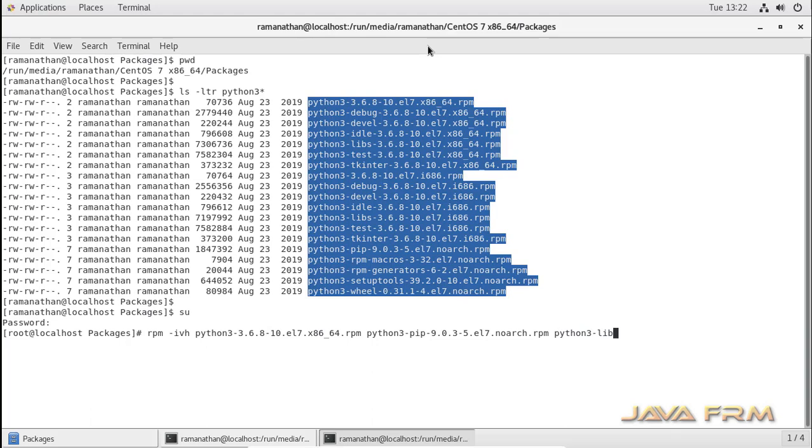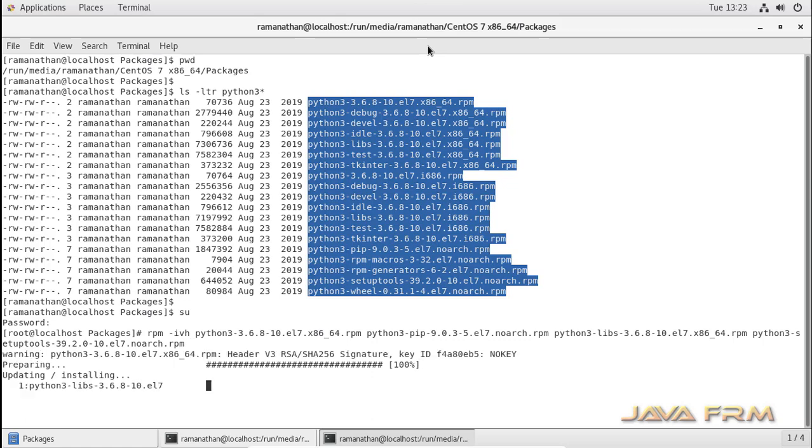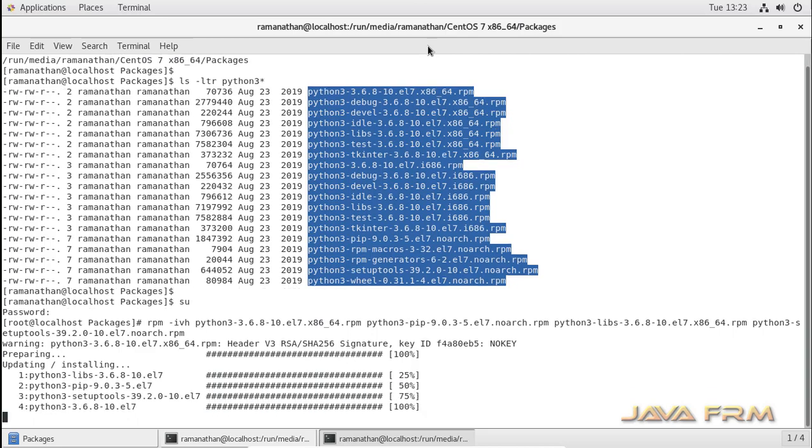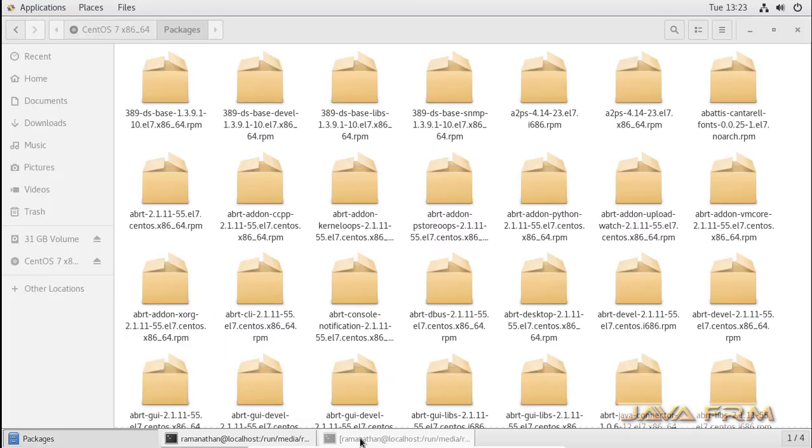So note down the RPMs. Yes, so around 4 Python packages are needed by SQL Server 2019. So all these Python related dependencies got installed.